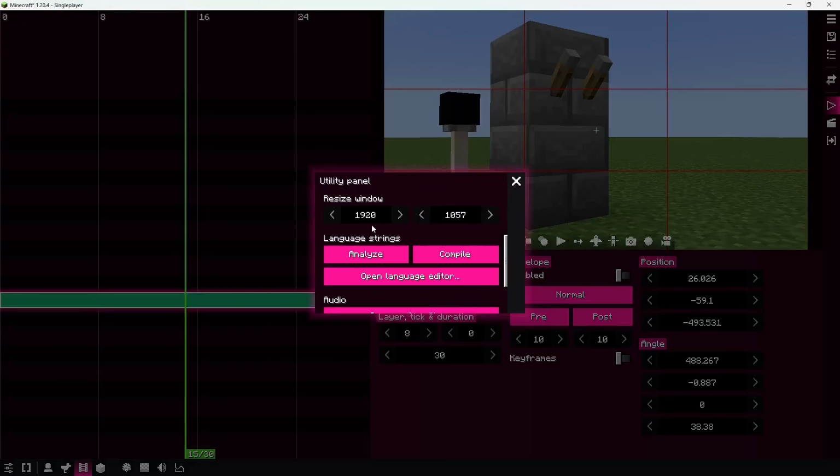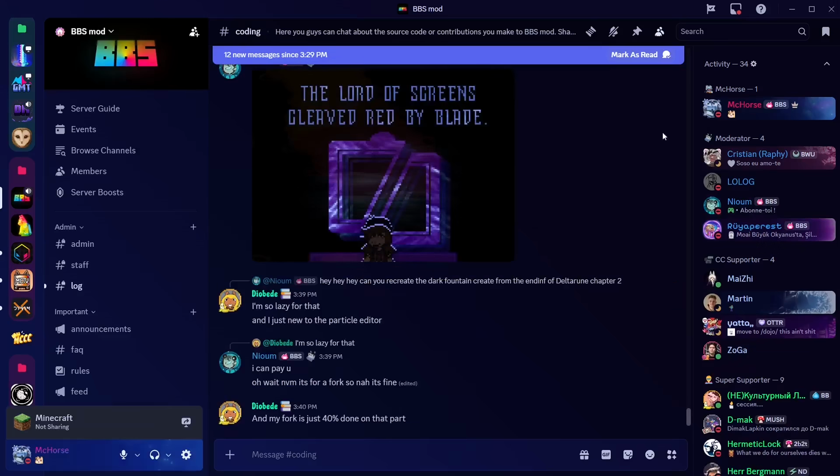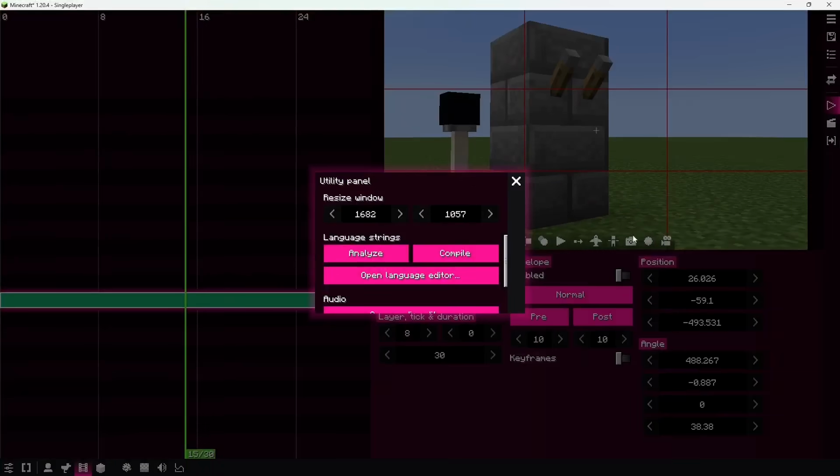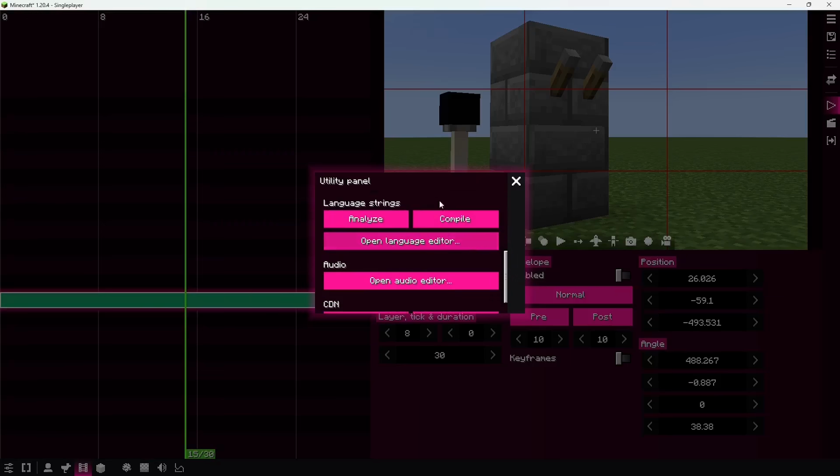Then going back, here you can also resize the window. Wow. It didn't work correctly here. Seems like it's pushing me to the main monitor, so whatever. Language things for